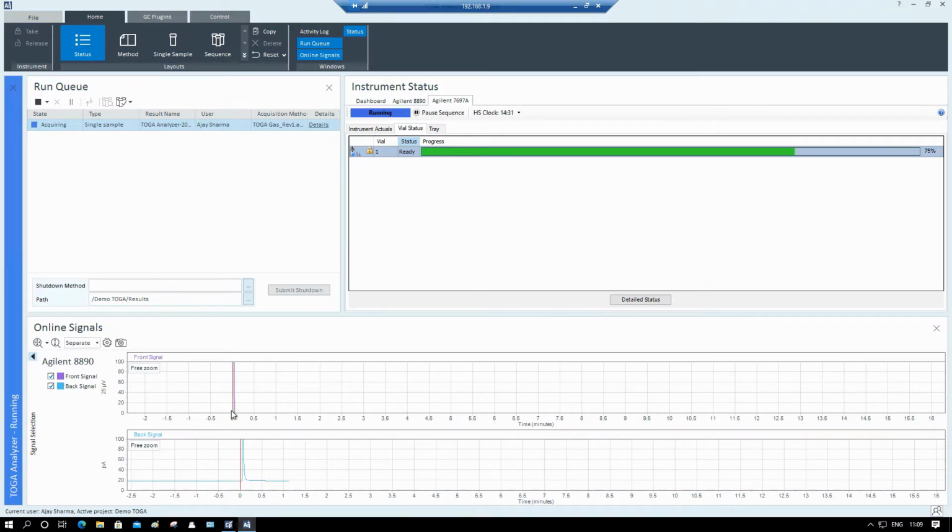So you can see here the software is acquiring the data from TCD as well as from FID. I should readjust my TCD signal. I think it's a little bit at the bottom.